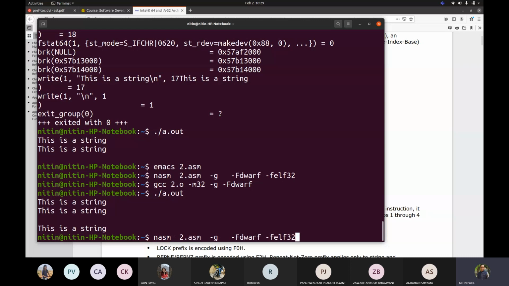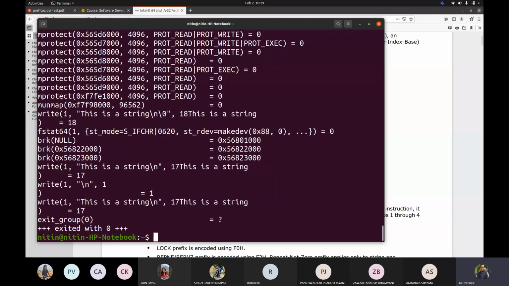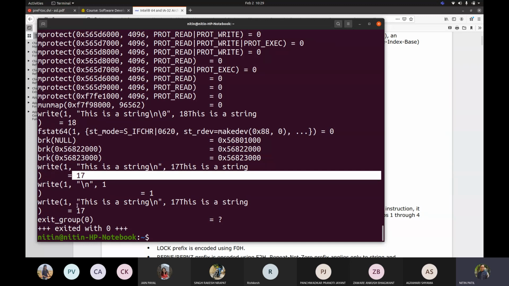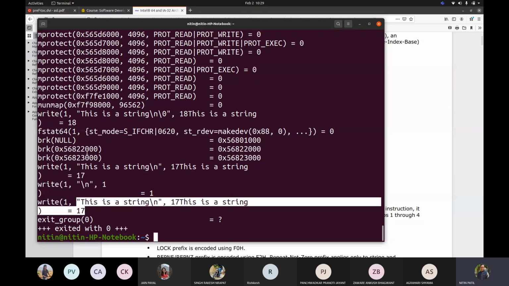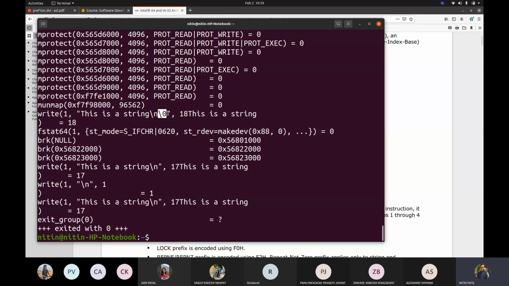Now if I fire a strace, you may see what happened was this 17 was added as it is. Here one extra character, slash 0, was picked because of your write system call. It is automatically considered that whenever a string is passed to the functions as a parameter, an end of line character is assumed. It never is printing or considering that part.